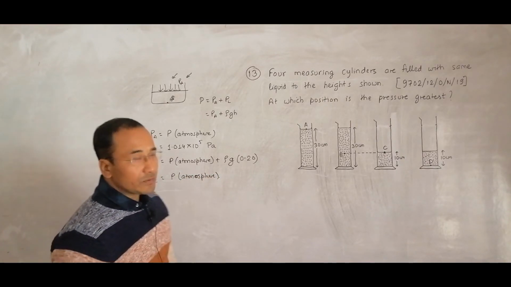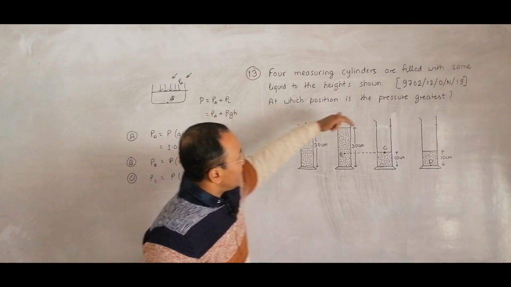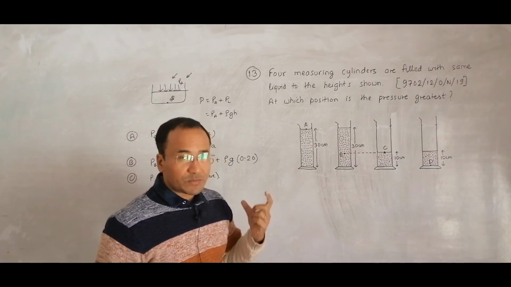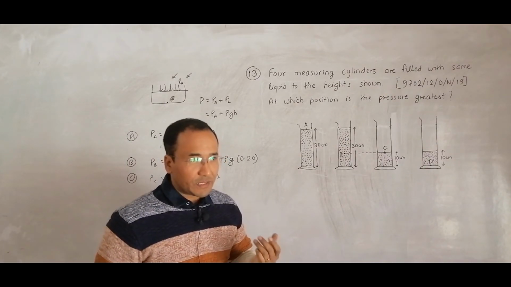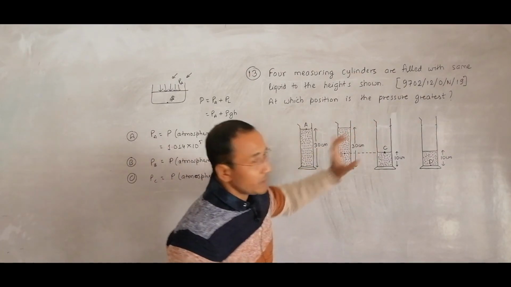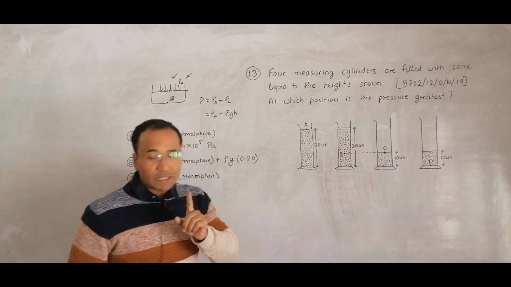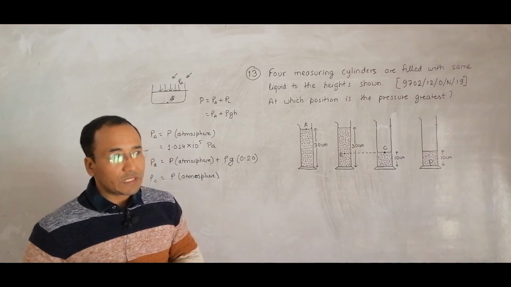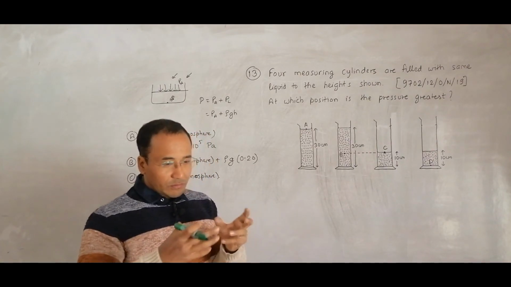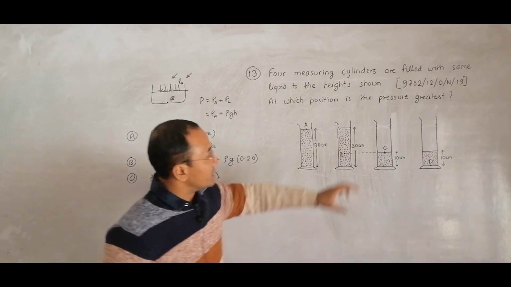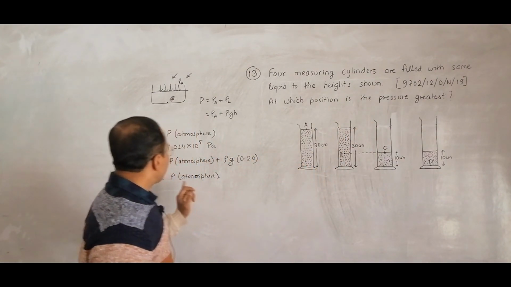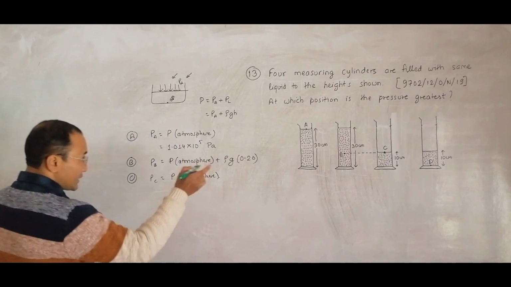Now somebody might argue that the atmospheric pressure here and here could be different. Yes, it's different, but the difference is very minute, very negligible, because the pressure due to this much of air will be very less, because the density of air is less. It's just 1.293 kg per meter cube at NTP. So if I add rho g h due to that column of air, it will be very less. That's why we just use the atmospheric pressure at C also.